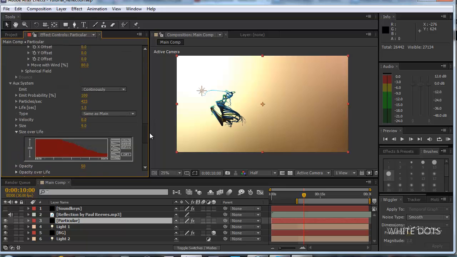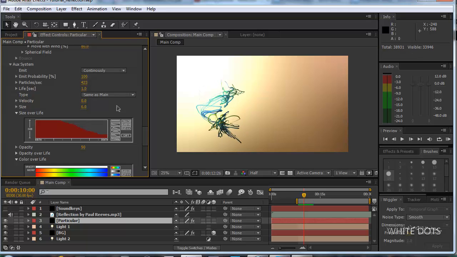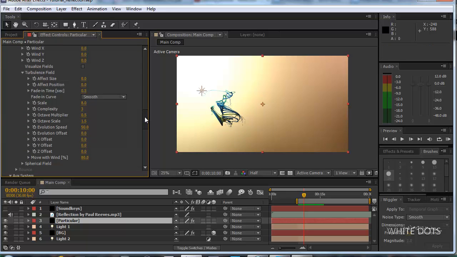Okay, these particles are so big, so let's make them 6. The scale, maybe it's too big. Anyway,